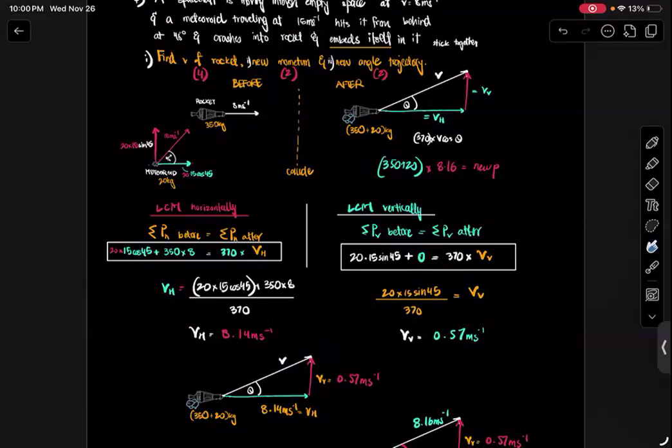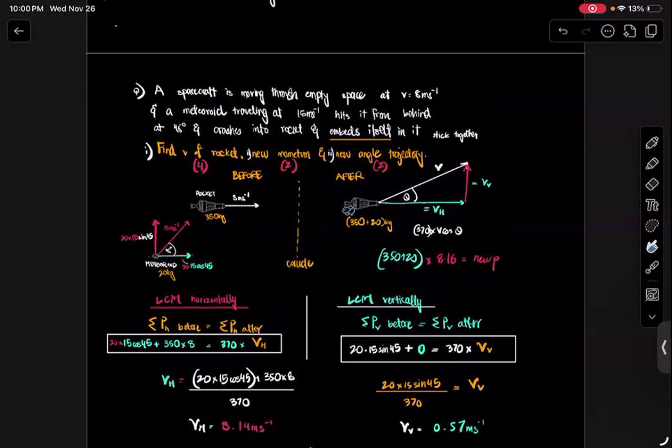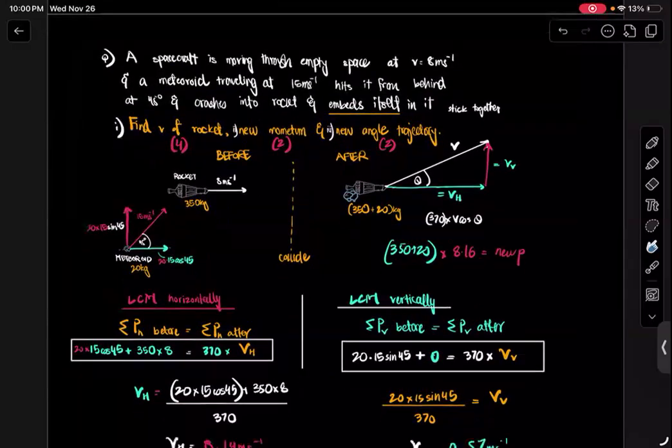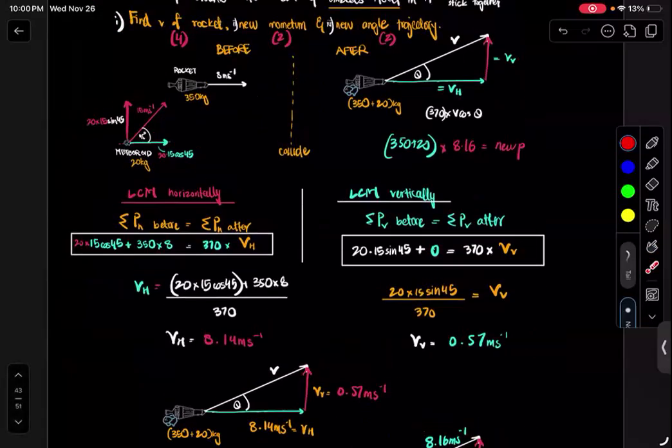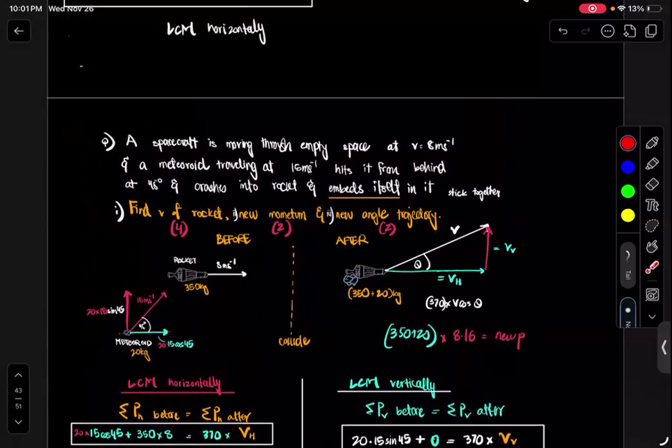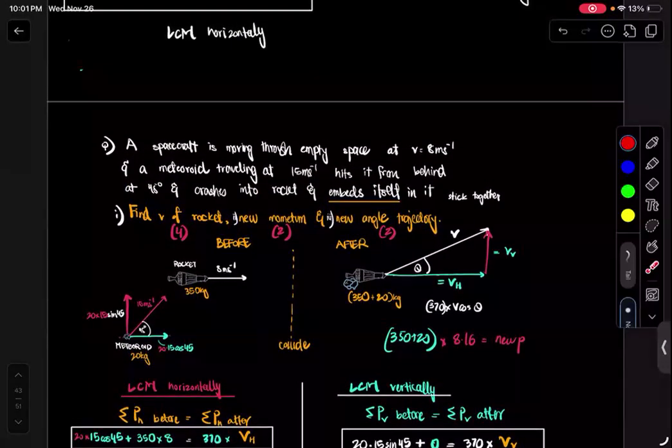Okay. Make sure to write this down after class and try to solve it once on your own. And write down every single word: what would be the law of conservation of momentum horizontally. Why did I write this down? Why did I write VH down? Why did I write V vertical over here? Why did I use Pythagoras? Try to do it once on your own, and then questions will automatically come up in your mind, and then bring those questions to me, and then we can solve them.